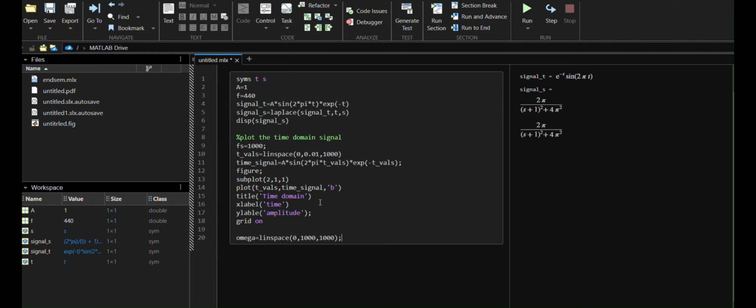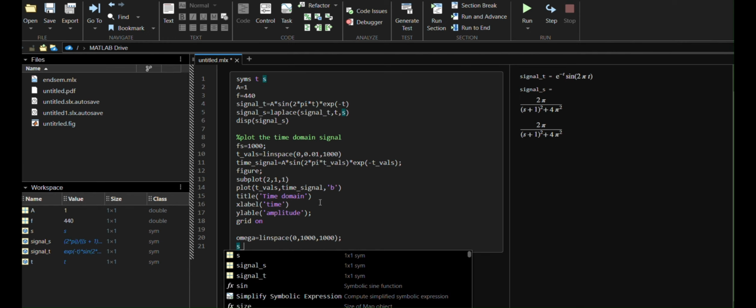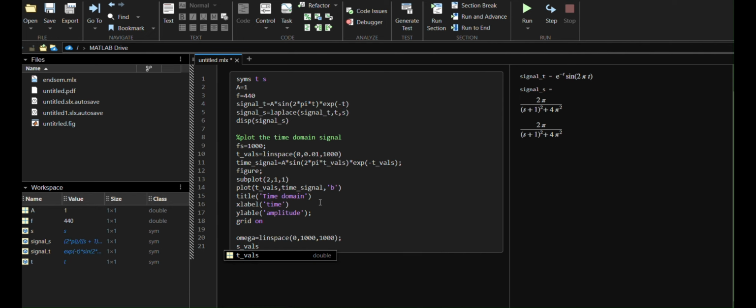Then s vals. Similarly, I put some values 1i, because it is a complex function, is plus 1i into omega. Then frequency response